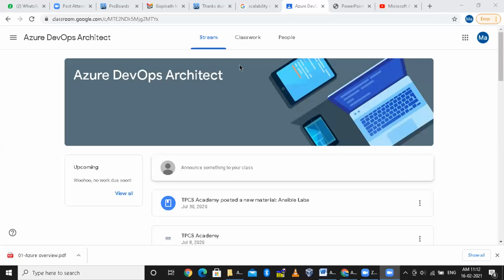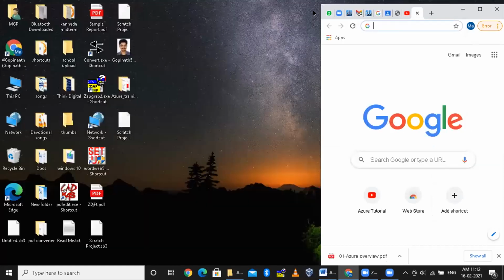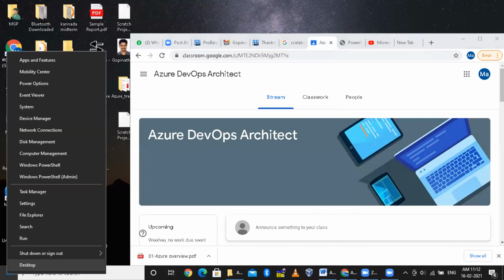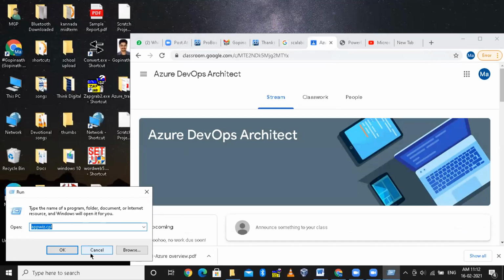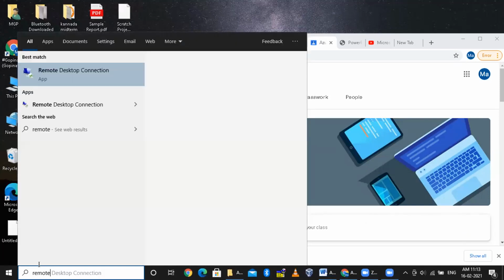Yeah, I'm sharing my screen. All right, go to MS Remote. Just go to the Windows search box and type remote. Yes, remote RDP.